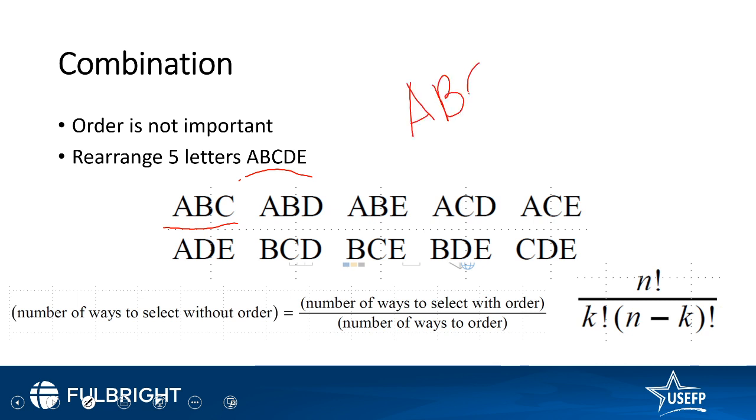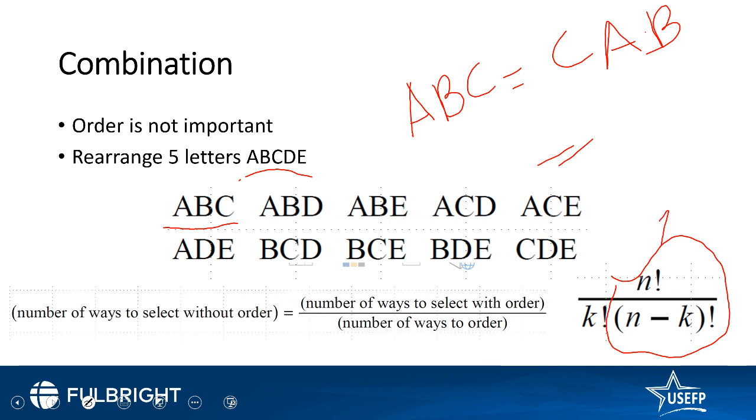ABC equals CAB equals all other arrangements. So the formula for it is the same as what we had in the permutation. We divided that formula by k factorial. So we divided by k factorial, which means we divide all the permutations by